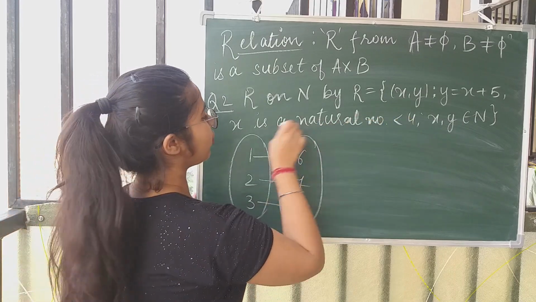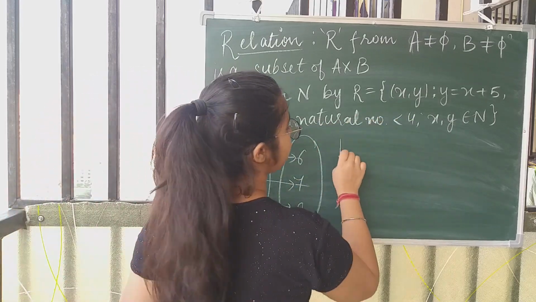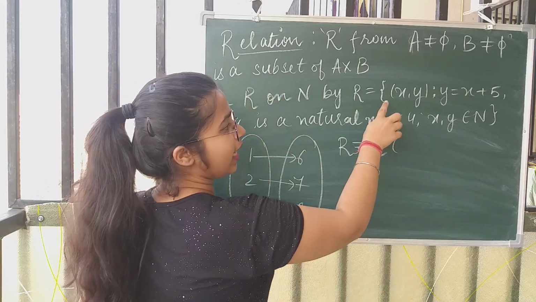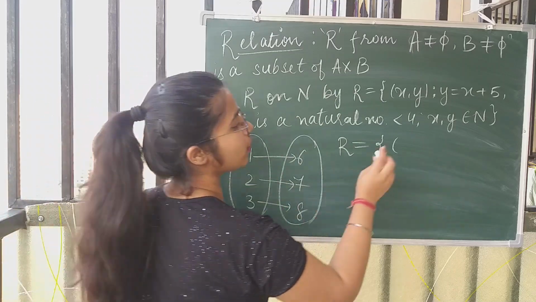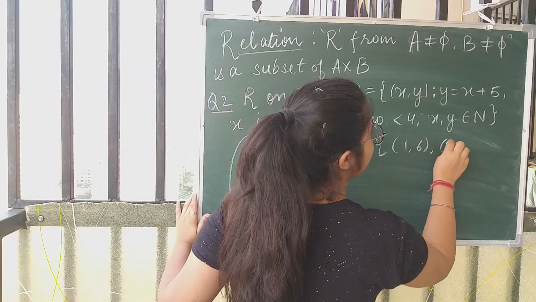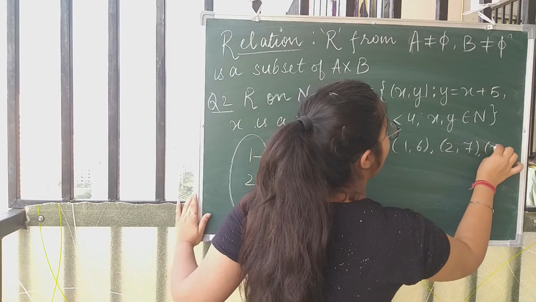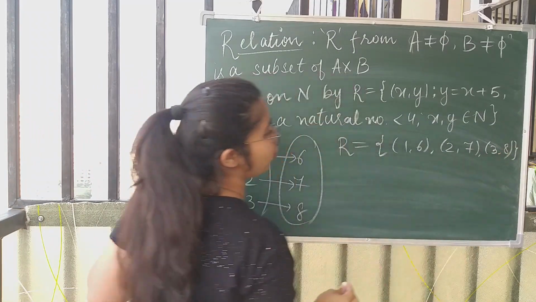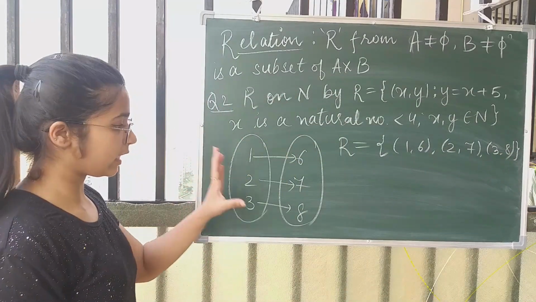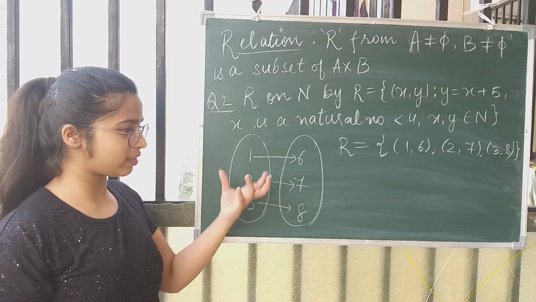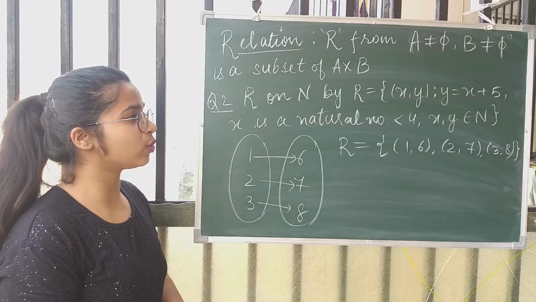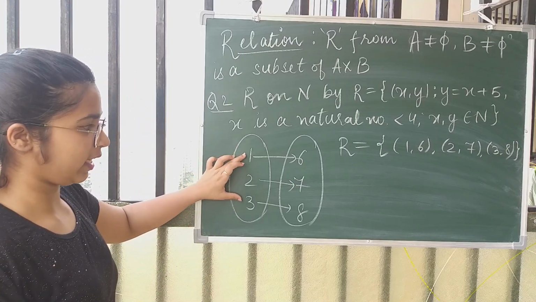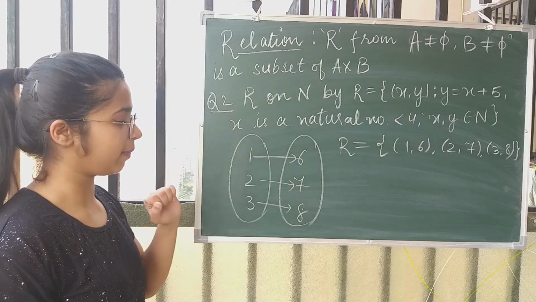So अगर ये तो आपको दिया हुआ है सेट बिल्डर फॉर्म में, अगर इसे हमें रोस्टर फॉर्म में लिखना हो, so this relation can be written as all the ordered pairs. ये (x, y) की फॉर्म में लिखना है, so (x, y) की फॉर्म में we have (1, 6), (2, 7) and (3, 8). So this is the representation in roster form of this relation. और इस तरीके से जब हम arrows के थ्रू किसी भी relation को show करते हैं, so that is known as a visual representation.